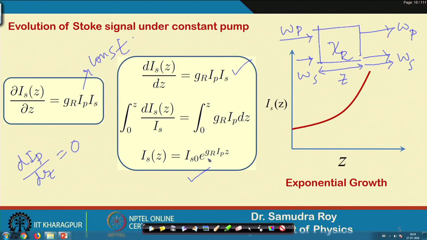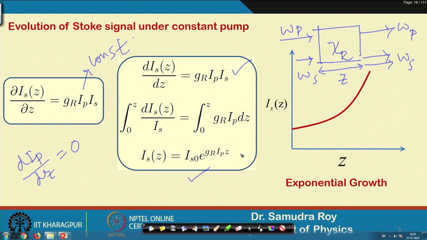So, only for the initial case when z is very small or the efficiency is small, maybe this exponential expression is acceptable. But if we have a long distance or the efficiency is large, that means we are generating omega s very efficiently, then this exponential modeling is completely a failure, because physically it will not give you anything. But the important thing to understand about this exponential model is that, with this expression you can readily understand